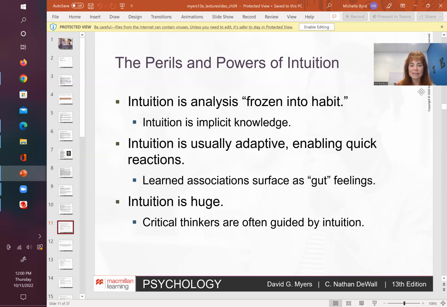And like an example, and I'm trying to see if this is going to talk about this. Okay, frozen in a habit. So we get locked into our thoughts and our thinking, and that may not always be the best way to do it. Thinking critically about the fear factor. So once you look at page 331,